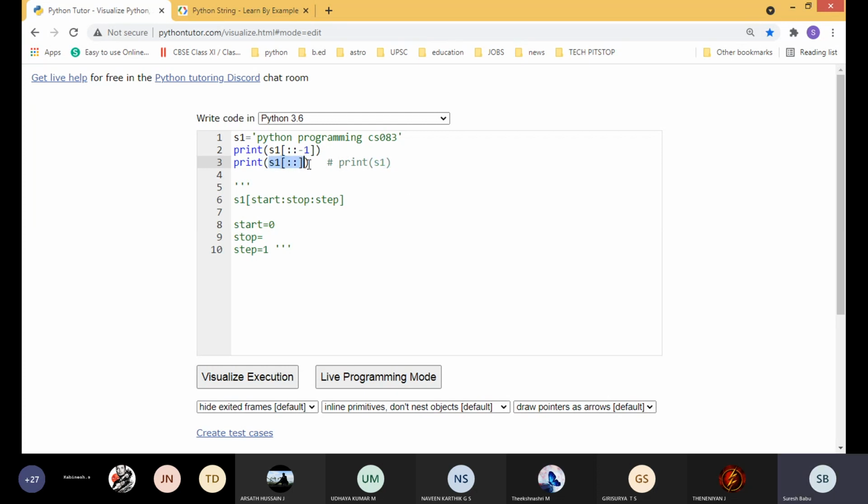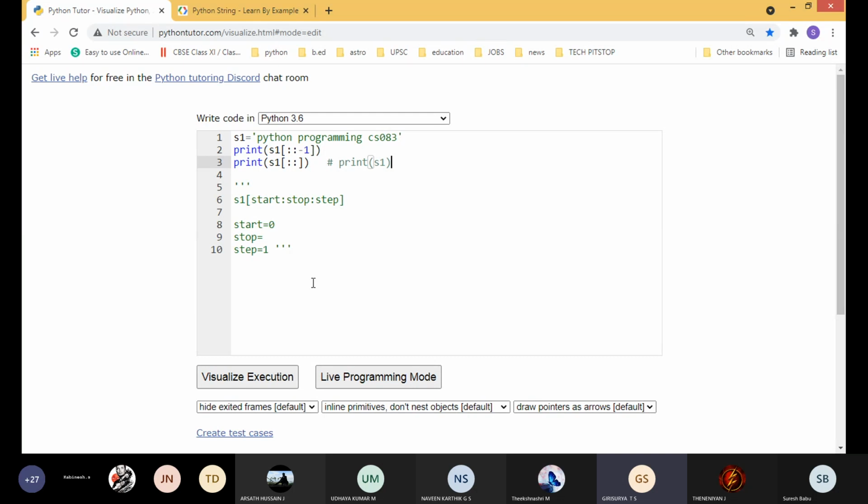Actually, string slicing means we can get a part of the string, not the entire string. Okay. But this is also considered to be a part of the string. We can get any one character or two characters or a group of characters or the entire characters, continuously, because we are not using any other step value. Okay. So now ask me, students, what is the doubt? Students, any doubts?